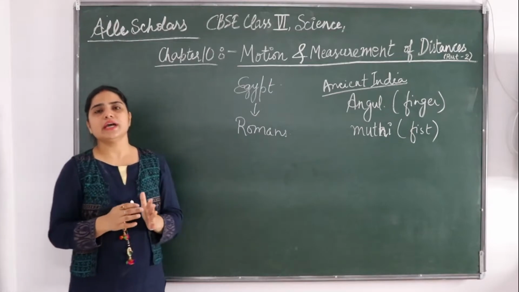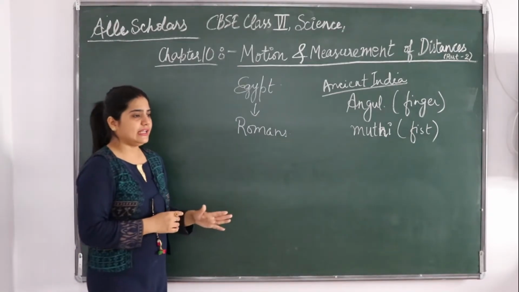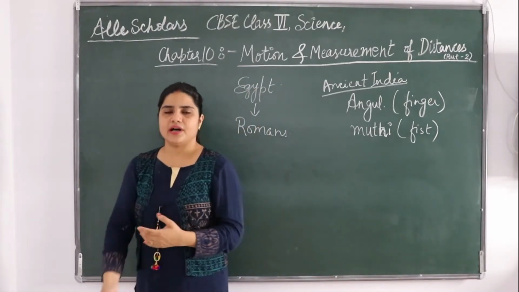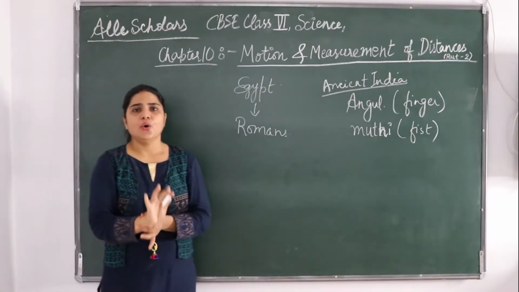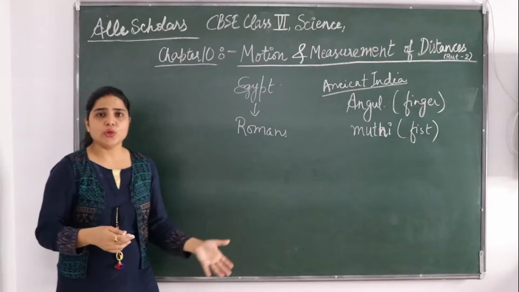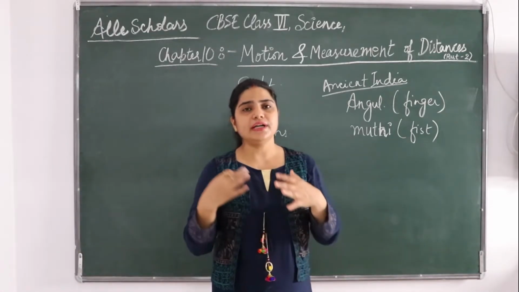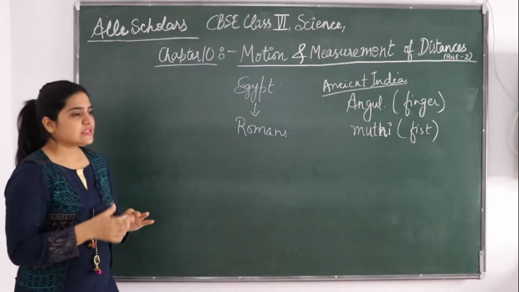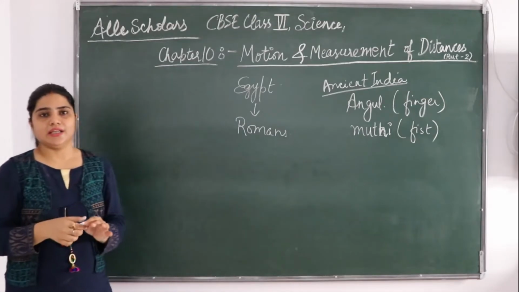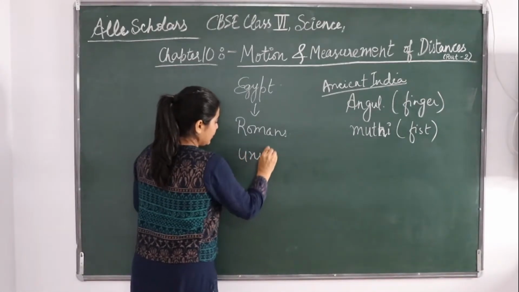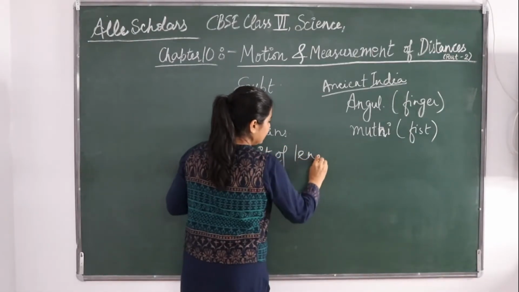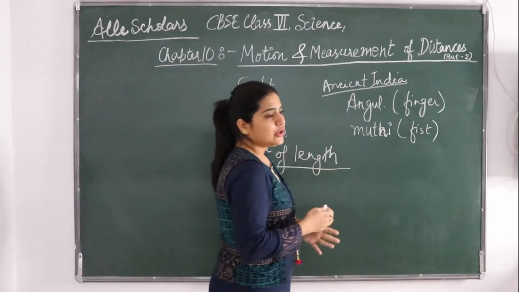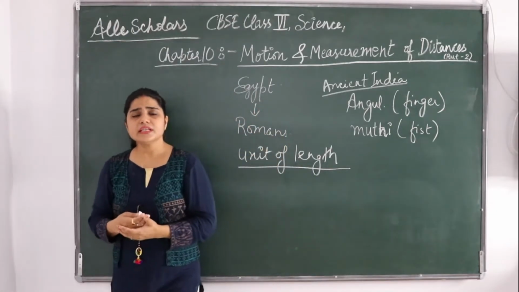Unit of length को क्या use किया गया? Different body parts, different areas में, different countries में, according to their convenience. जिसको जो convenient रहा. Some are using their hands, some their arms, some fingers, some foot. So worldwide, जिसको जो convenient रहा वो लोग उस टाइप के body part continue किए use करने के लिए as a unit of length. Length की unit को उन्होंने different तरीके से use किया.